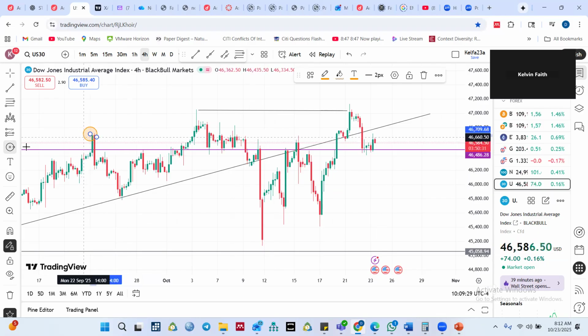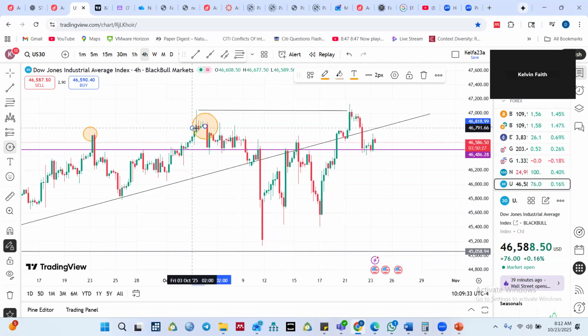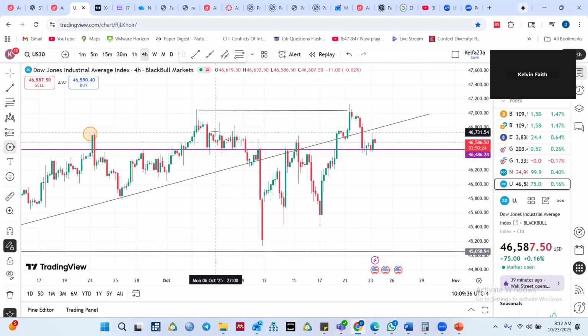So we have this point here and we have these areas. Okay, so you can see that anytime